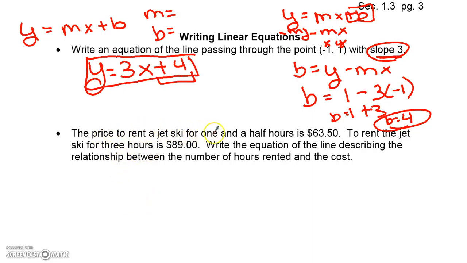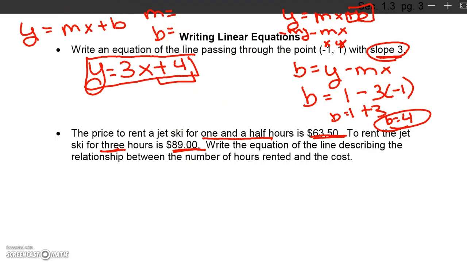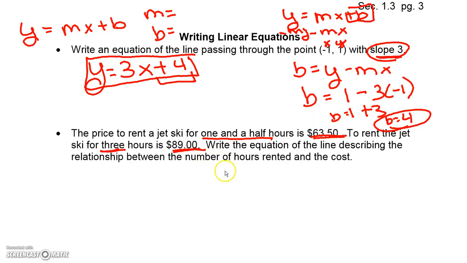The price to rent a jet ski for 1.5 hours is $63.50. To rent the jet ski for 3 hours, it's $89. So 1.5 hours, $63.50; 3 hours, $89. To be able to write the equation of the line, we're going to have 2 ordered pairs. And if you see here, one of the ordered pairs is 1.5 and $63.50. The other ordered pair would be 3 and